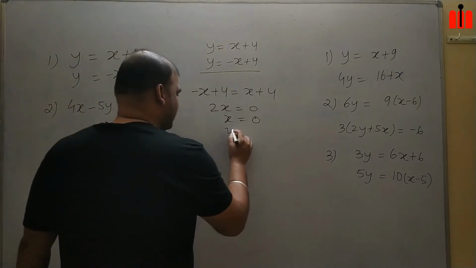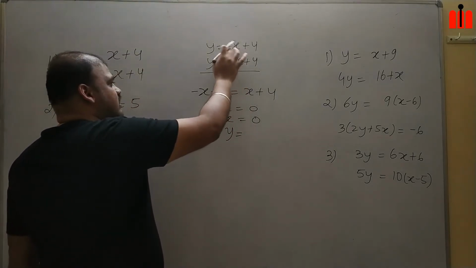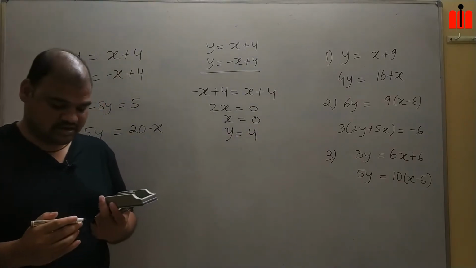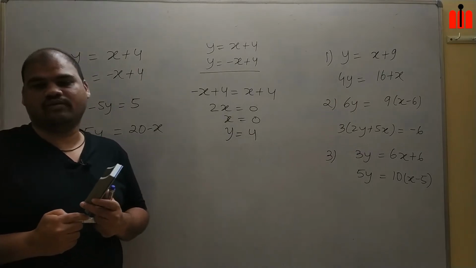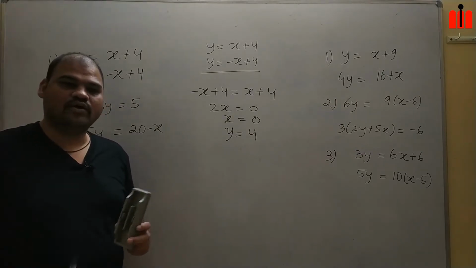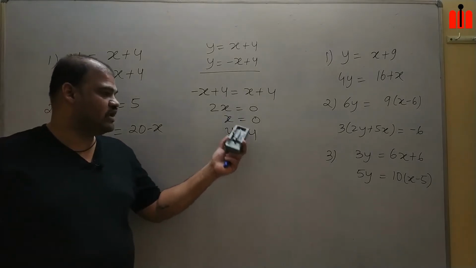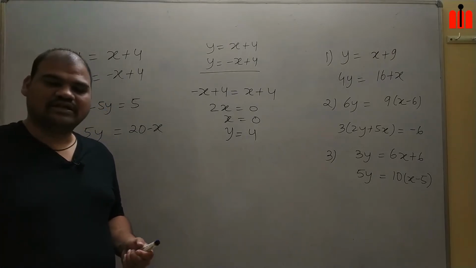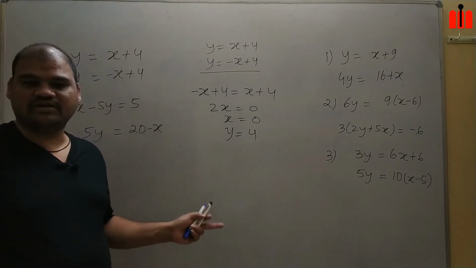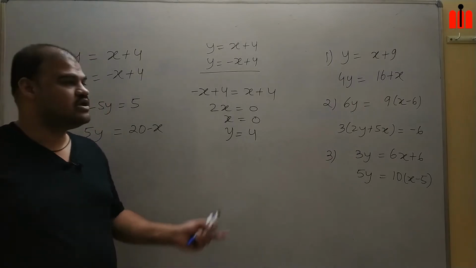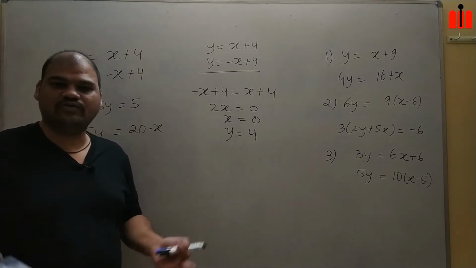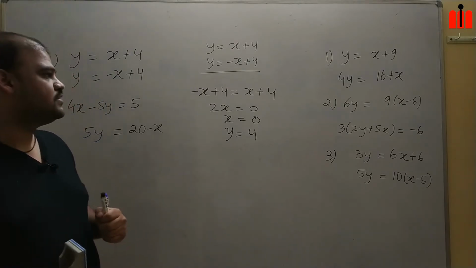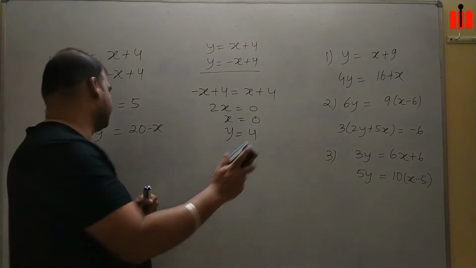What is the value of y? Substitute x equal to 0 over here, you will get y equal to 0 plus 4, then y will be 4. Getting it? Okay, so y will be 4 and x equal to 0 by this substitution method as well. There is another method, cross multiplication. It is a bit lengthier than this one. So we will leave that method over here. These are the two basic methods which you can use while doing your 11th class and 12th class problems. Okay, let's move on to the second question.